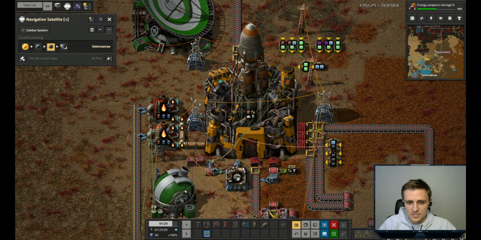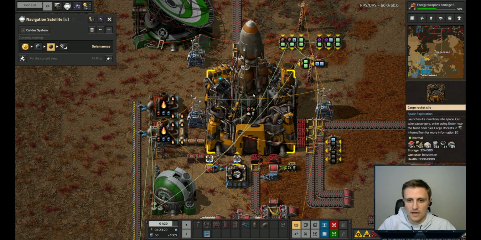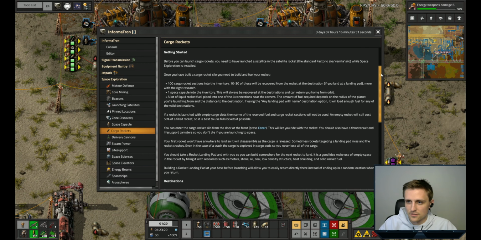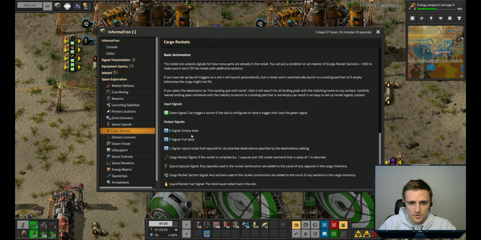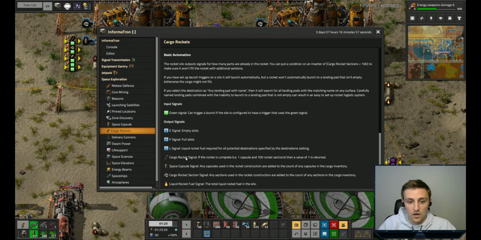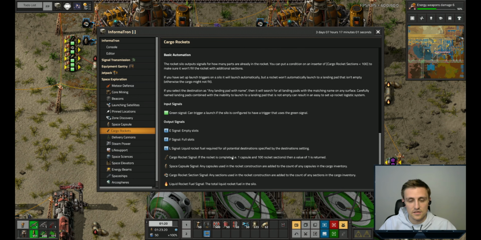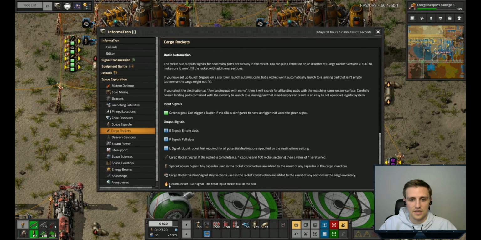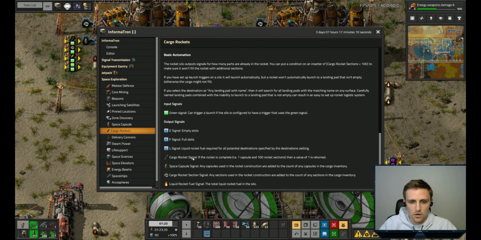So we're hooked up to the silo that it's sending right here, and since there is a rocket built in here, if we come into Informatron, you can see a couple of those signals that we are going to be looking at. So we have the number of empty slots as I showed earlier, but then we have a cargo rocket signal, so that is if a rocket is complete inside the silo. Space capsule, cargo rocket sections, and liquid rocket fuel. Our main focus right here though is the cargo rocket signal,